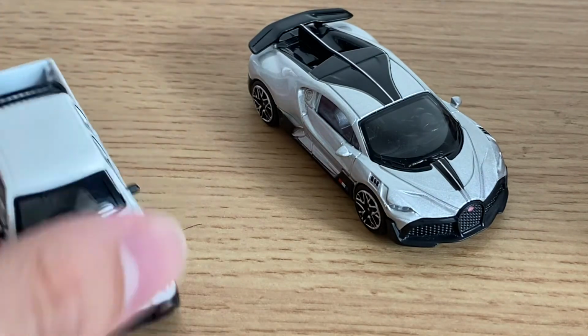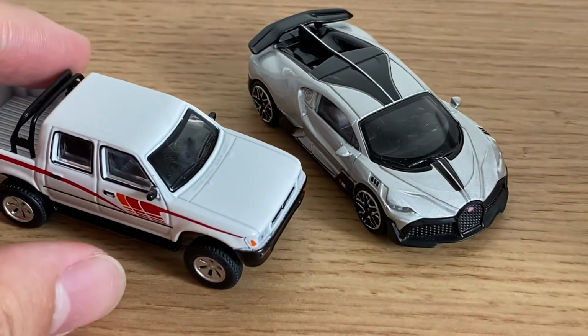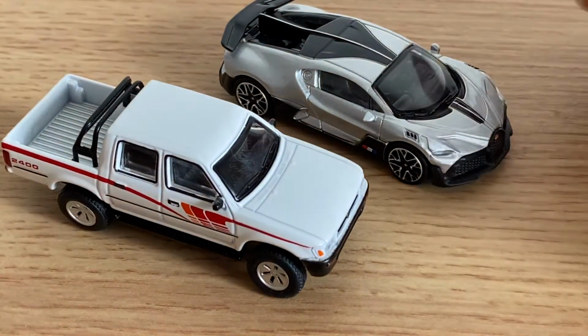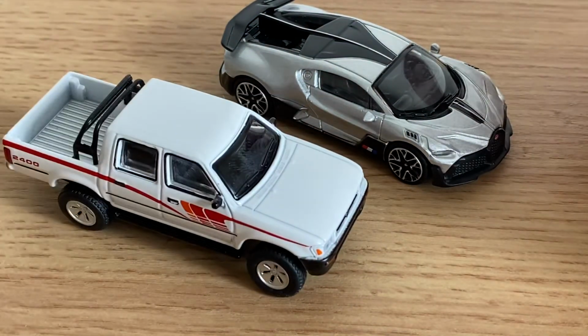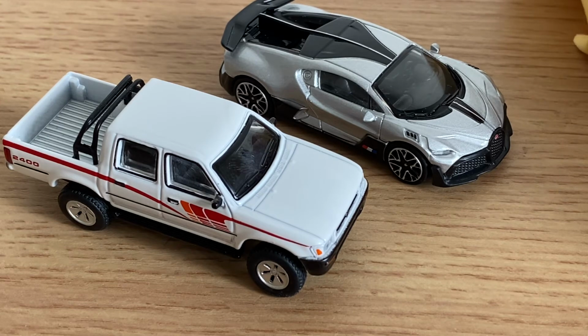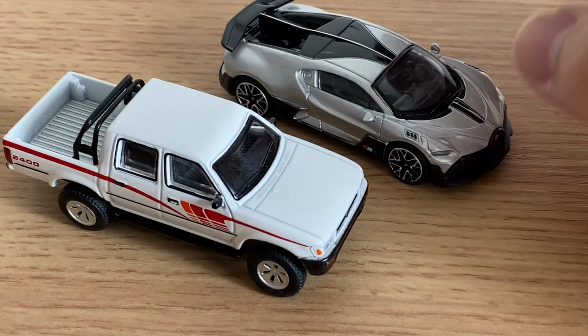I am definitely going to order a Bugatti Chiron. The Hot Wheels premium one that is coming out in the supercar series, the Exotic Envy series, is going up in value already, and the set is not even out yet. On online pre-orders, the Bugatti is going for 100 CNY. That's like 13 to 15 US dollars. That's insane. And if I can get a Chiron